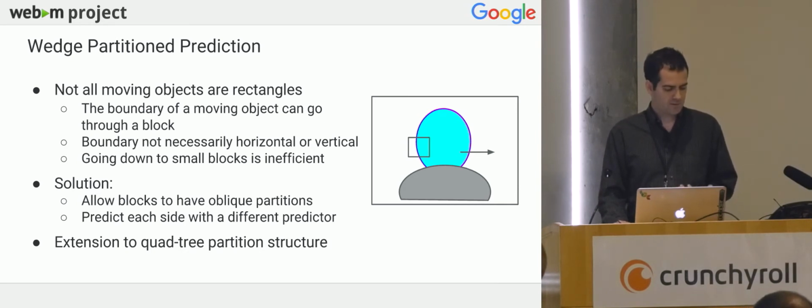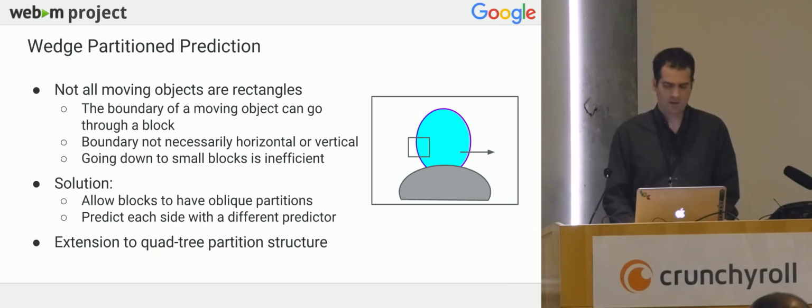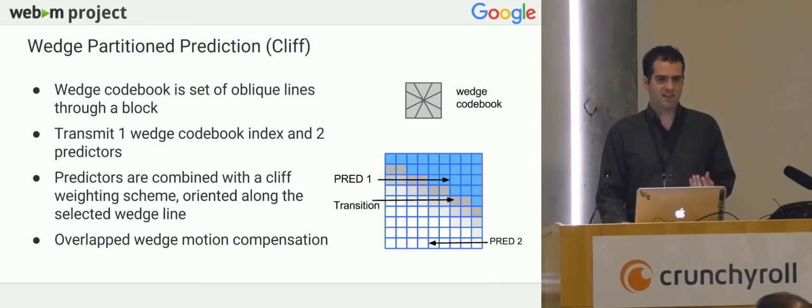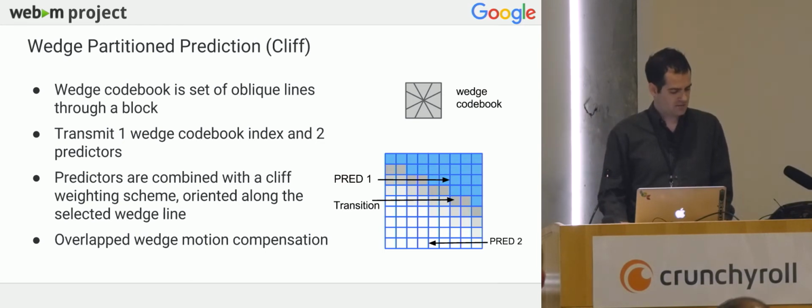So one thing we're looking at in VP10 is to allow oblique partitions to go through a block. This is sort of an extension to the quad tree partitioning, where once you get to the end, either your square or rectangle, you say, all right, now do I have a diagonal line dividing this block? So we call a set of candidate lines through a block a wedge codebook. The wedge codebooks are sort of a property of the format. This allows you to just send one number, the index of the line you're using in the bit stream. So you send one wedge codebook index, which is your line, and you send 2 predictors, 1 for each side